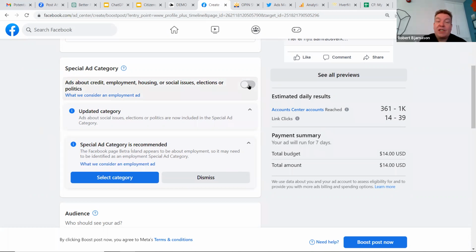If you choose this one, if you say it's an ad about elections or politics, then that means that you will have to be registered with Facebook. You will have to upload your passport, and you will only be allowed to run ads in your country. They put this up there for, I think, pretty good reasons. I mean, it's been really, really bad for civil society, though. Civil society could advertise across the world on Facebook before, but after the scandals of 2016, 2017 with Russian hackers basically controlling parts of the election in the US, then they put that in there.